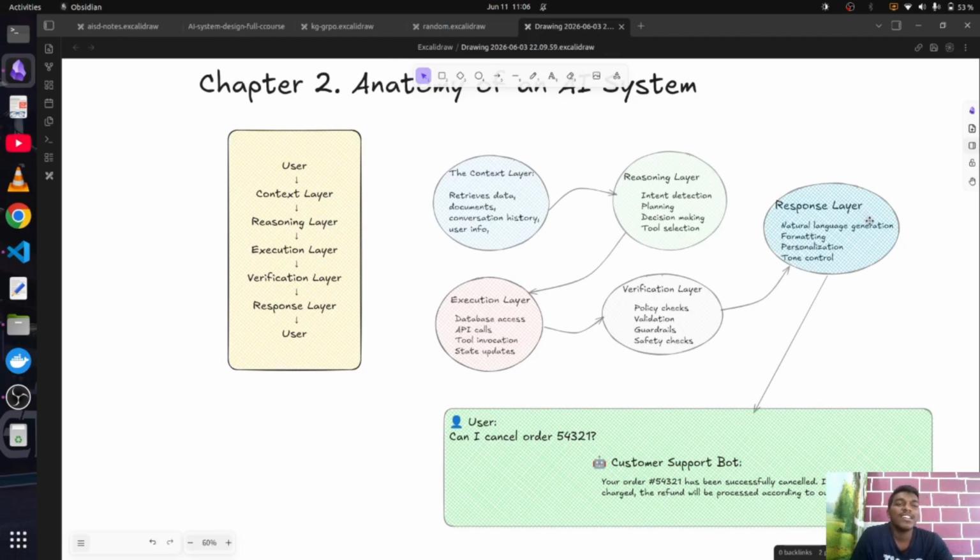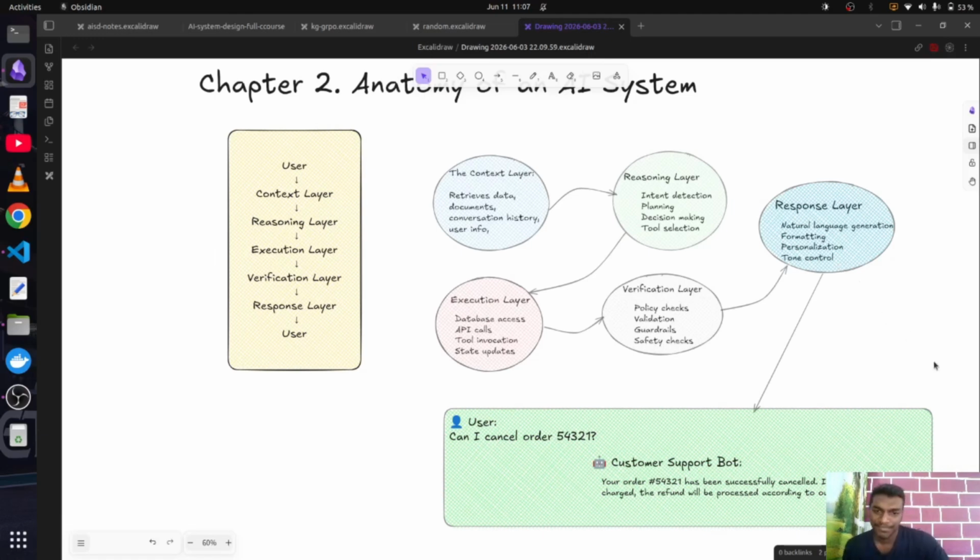Response layer is basically a layer which shapes our output. For example, if the AI just gives the answer 4 for 2 plus 2, then maybe a response layer, instead of giving a plain 4, gives something like "the result for adding 2 plus 2 is 4." So basically it shapes your naive output into something very descriptive and better for the user to understand. This is a layer which focuses more on how well the user interaction performs. So this is what the response layer is going to be.